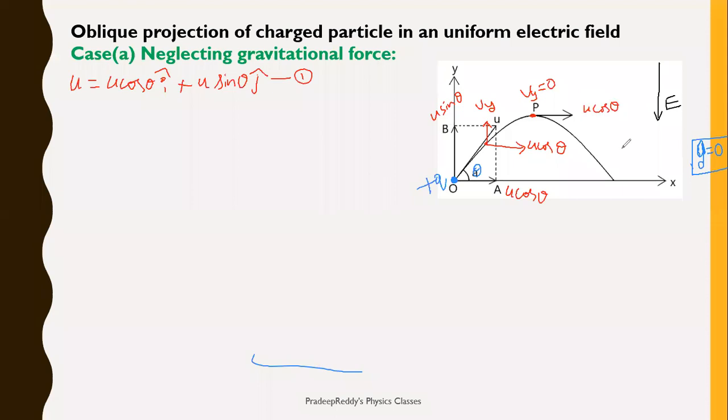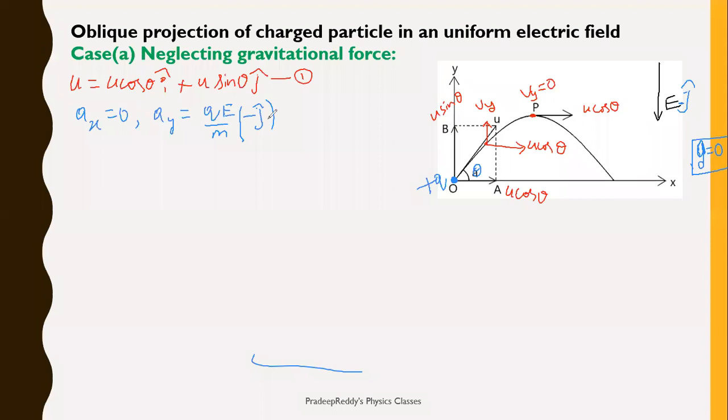So simply you need to write down that acceleration along the x-axis is equal to 0. Acceleration along the y-axis will be equal to qE divided by m, and it is in which direction? It is in the downward direction, so I will be representing it with minus j cap. See, the electric field is in which direction? Downward. This is minus j. So acceleration will be in which direction? Downward. So acceleration along the y direction, downward, minus j, I am writing it as. ax and ay are noted now.